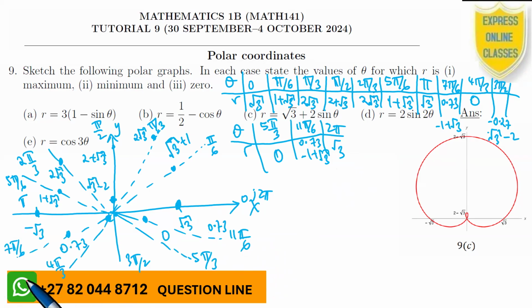Let us see what we've got. We start slowly from the origin. At 0, we have the square root of 3. At pi over 6, we have 1 plus the square root of 3. Pi over 3, 2 the square root of 3. Pi over 2, 2 plus the square root of 3. 5 pi over 6,